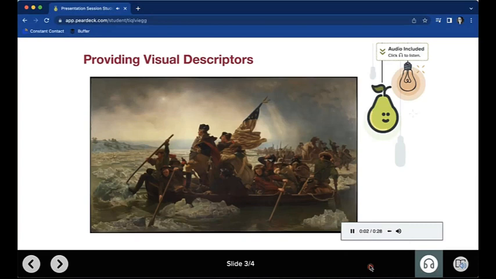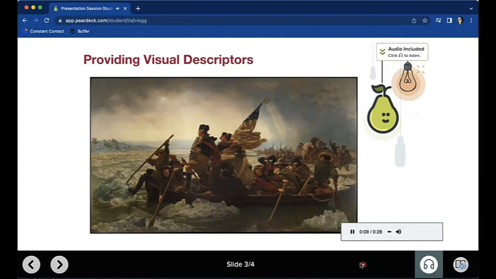This iconic painting depicts George Washington leading his troops across the icy Delaware River on December 25th, 1776. George Washington's stoic stance in the bow of the ship is